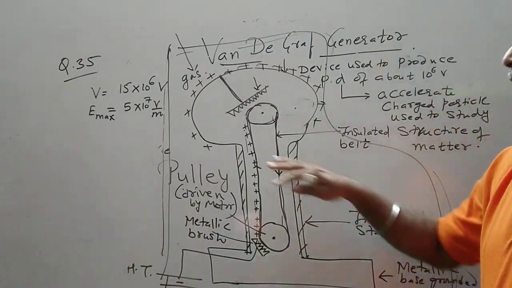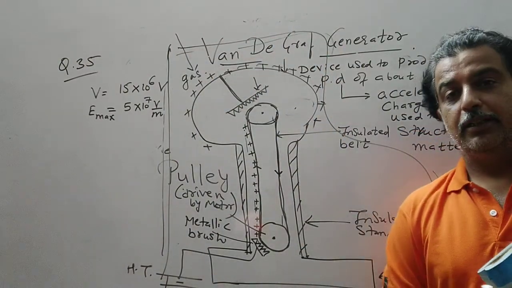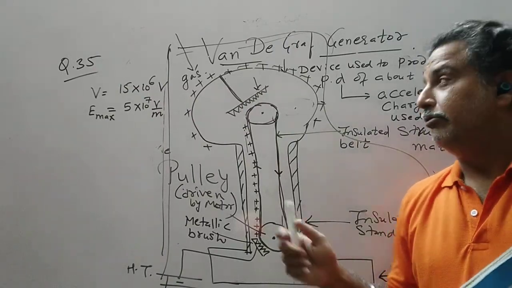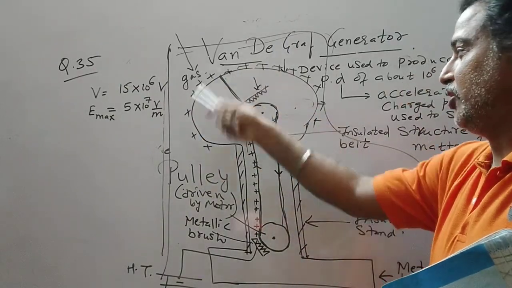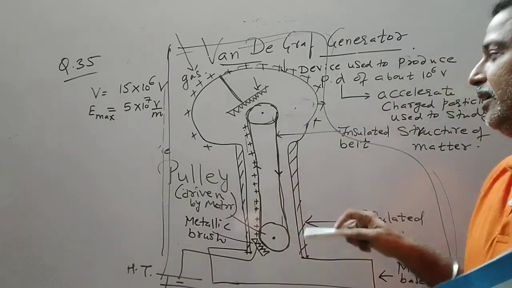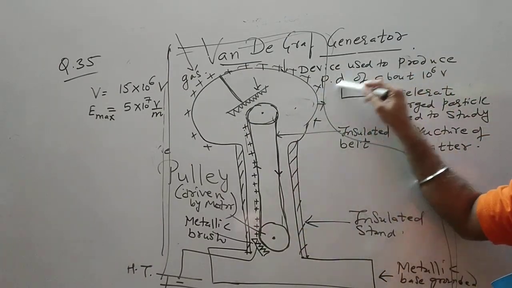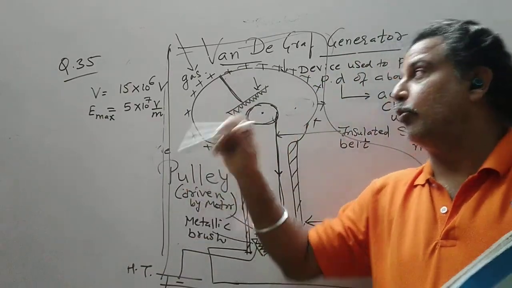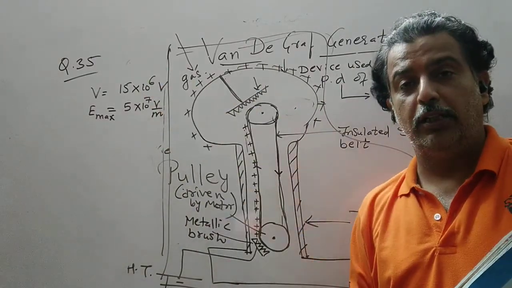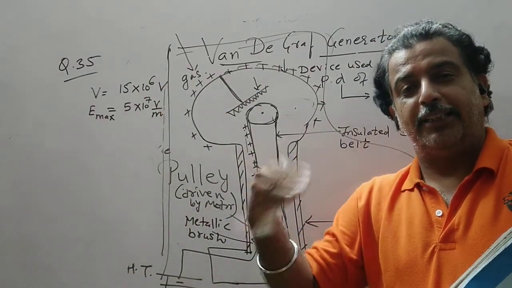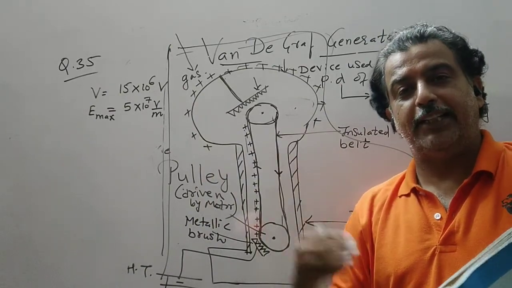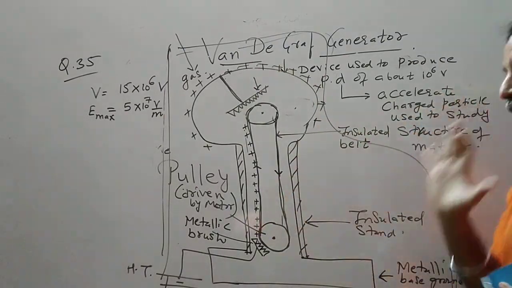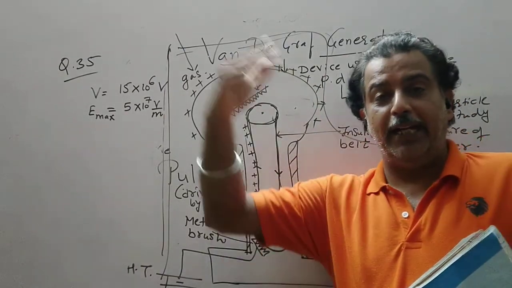See, the entire Van de Graaff generator is kept in a chamber filled with a gas or a vacuum, so that when the potential rises with respect to the metallic base, you can connect the outer sphere with any machine which requires a potential difference of a few million volts, and the other end is grounded or at low potential. So this is high potential, this is positive.